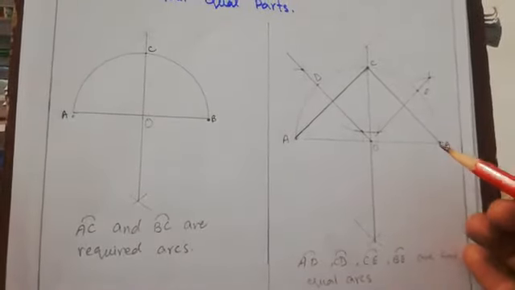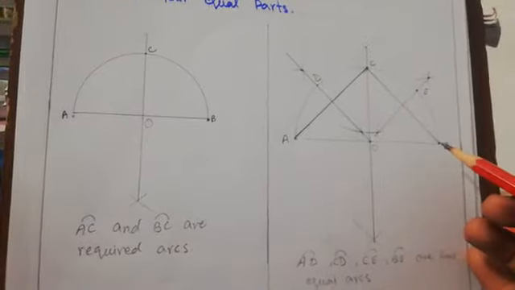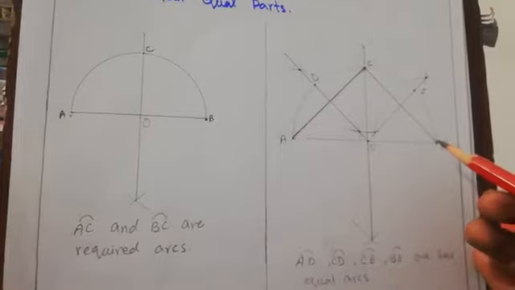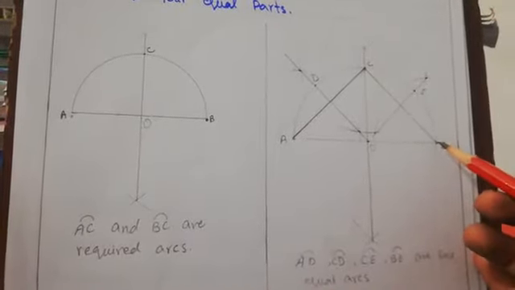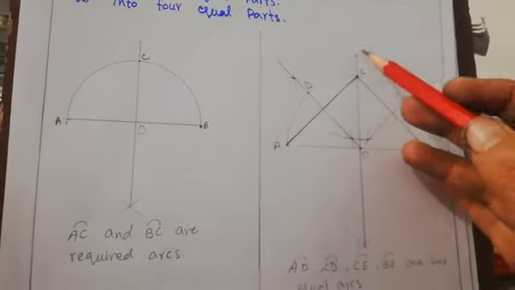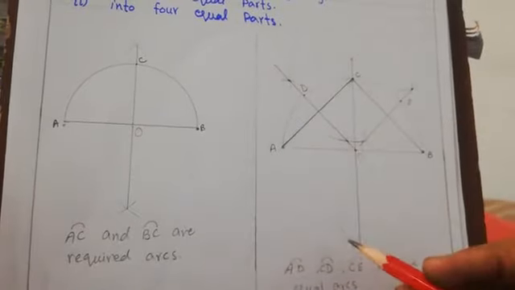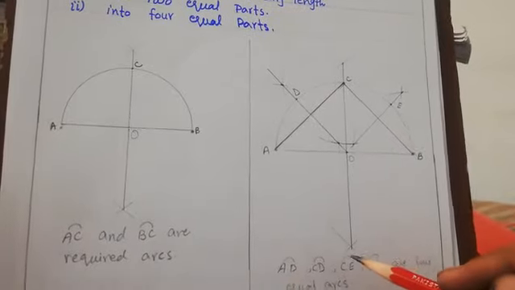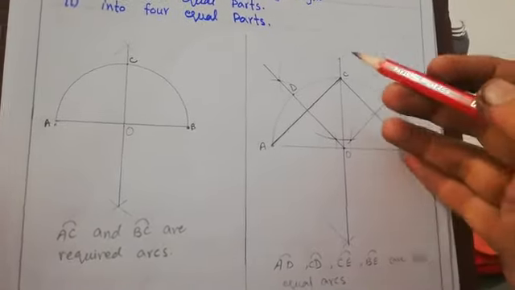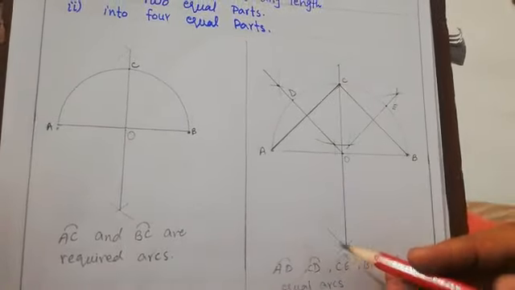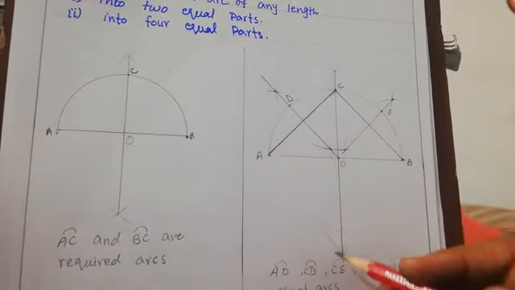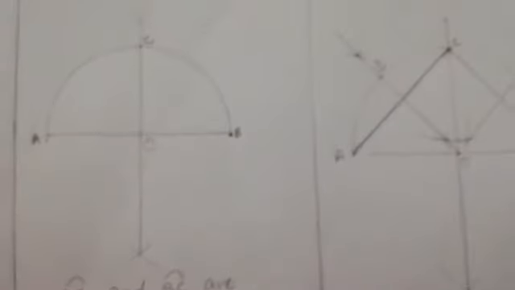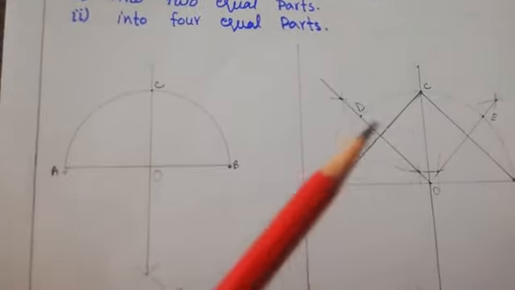You will not change the length of the compass. Fix the compass at point B and draw an arc up and down which intersects the previous arcs at these points. At the end you will join these two points. This line is known as the perpendicular bisector of line segment AB. Like this method, my dear students, we will move to the next one.